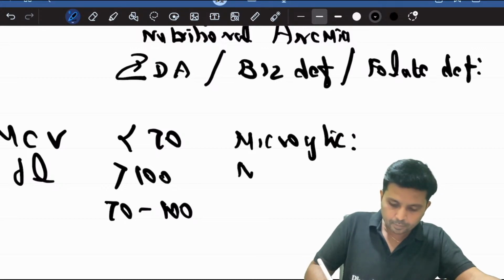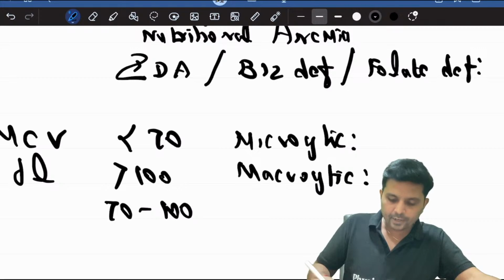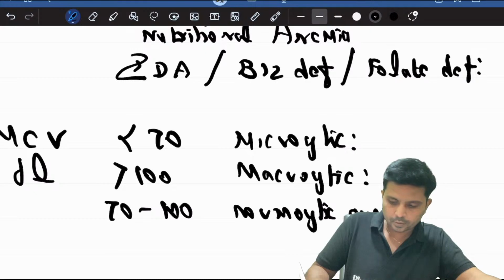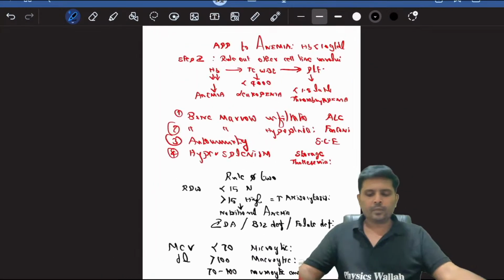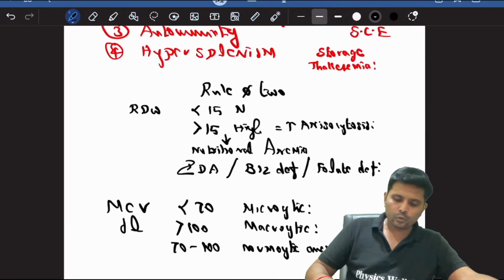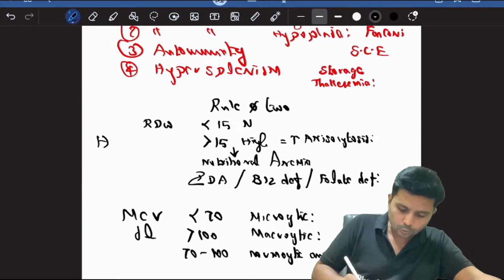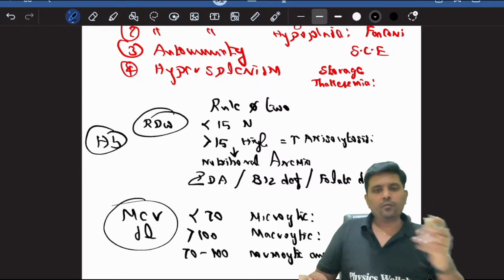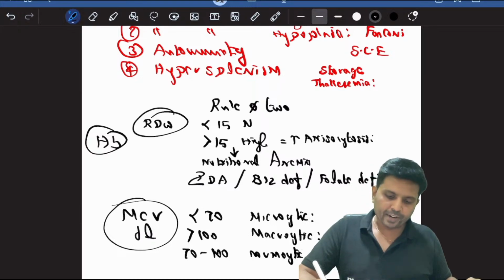More than 100, macrocytic anemia. 70 to 100, normocytic anemia. So this is rule 2. Apart from hemoglobin, you need to look for RDW, you need to look for MCV. And the final thing is